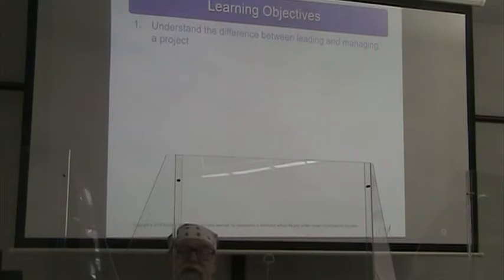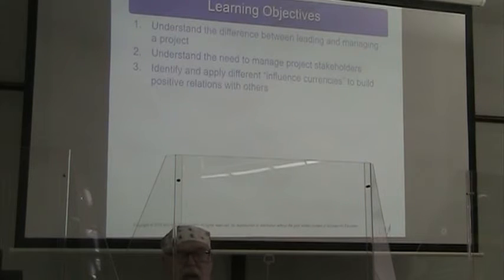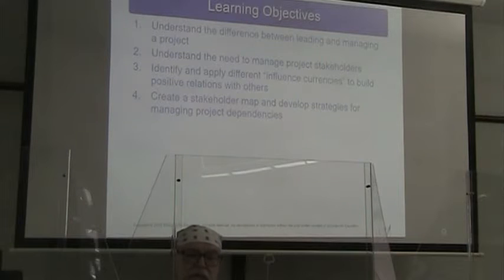All right, so understanding the difference between leading and managing, understanding how to manage our project stakeholders, being able to understand and apply different influence currencies and build positive relationships with others, creating a stakeholder map and developing strategies for managing our project dependencies,